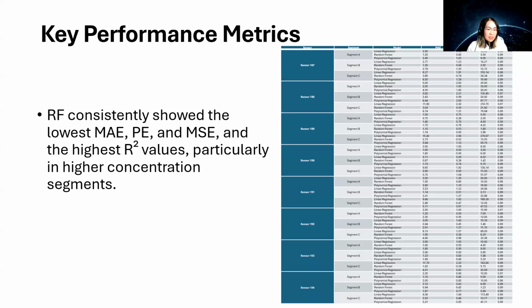That is a big table with a lot of information, but through the table, we can find out that in segment A, the linear regression performs reasonably well with low MAE and MSE values. However, the random forest outperforms it slightly, especially in terms of lower MAE and MSE, which is essential for